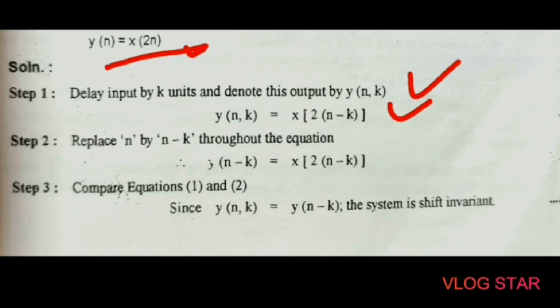So compare equation 1 and 2, or the step 1 and step 2. Then we are getting here y of n comma k is equal to y of n minus k. They are equal, so that's why the system is shift invariant. Okay, so I think it's clear to you. And next,